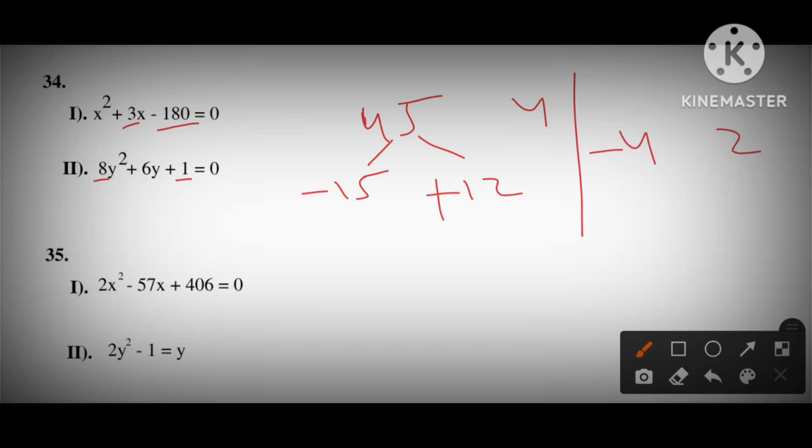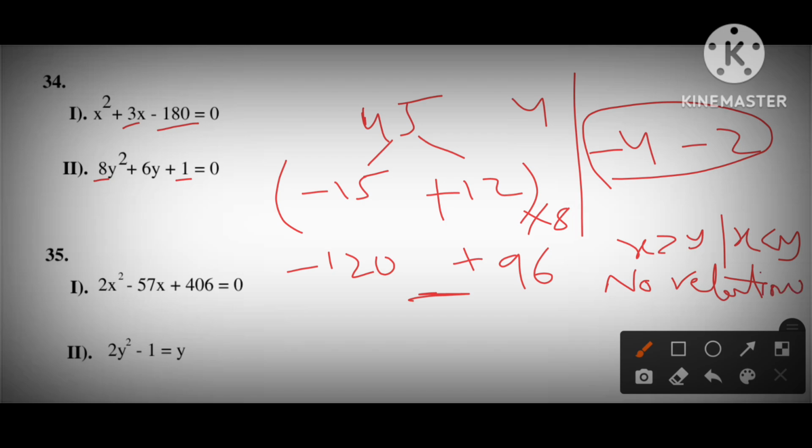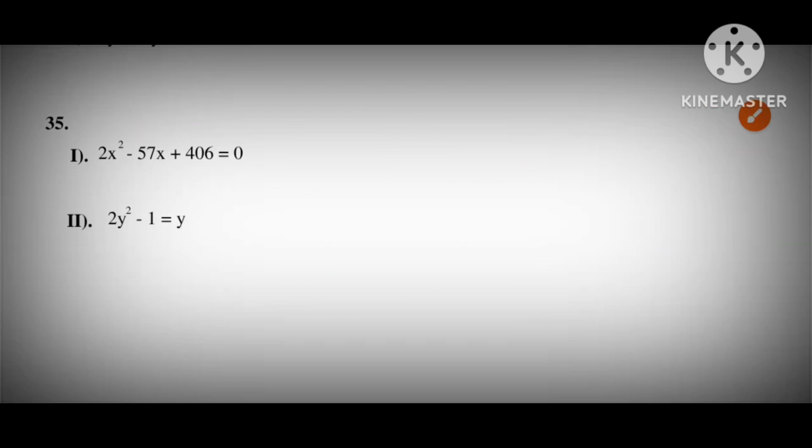Plus and plus means both our roots are in minus and bases are not equal, so we need to multiply this equation with minus 8 by comparing 8 12 times, which will be plus 96, and this will be 120. These two numbers comes in between these two numbers, so it is clear that x greater than y and x lesser than y comes here, so there is no relation can be established for these two equations. For the fourth question, okay, next we are going to deal with the question number 5.